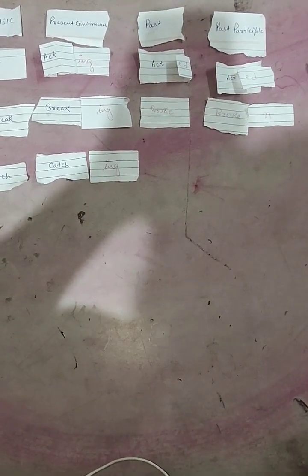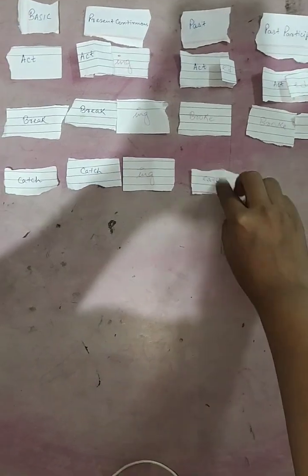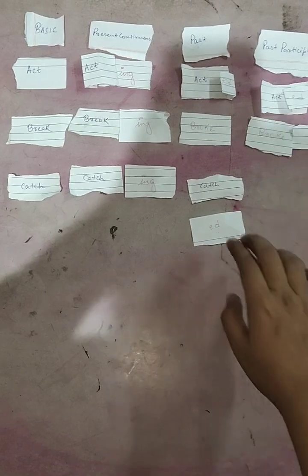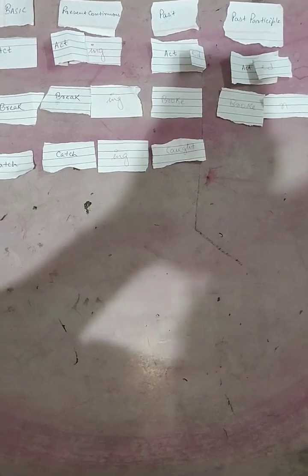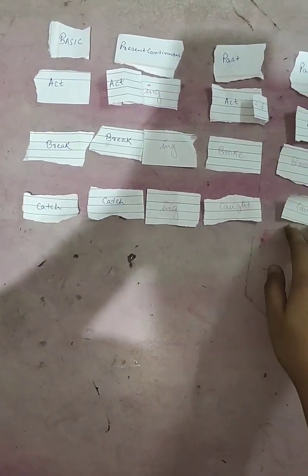Now let us move on to the past form. What do you think would be the past form here again? Will it be catched? No. So what would it be? We have to change this entire thing, and this would be the past form. The past form changes completely out here, and we write C-A-U-G-H-T, caught. Clear? Okay. Now what do you think would be the past participle form? Again it would be caught.